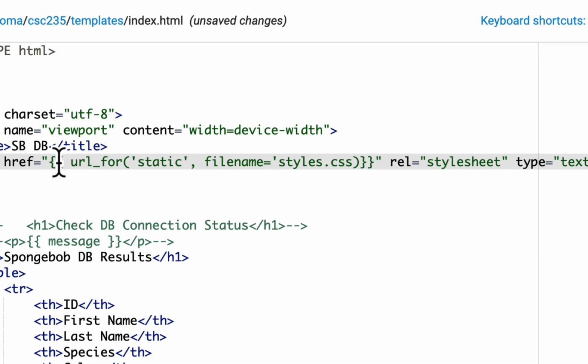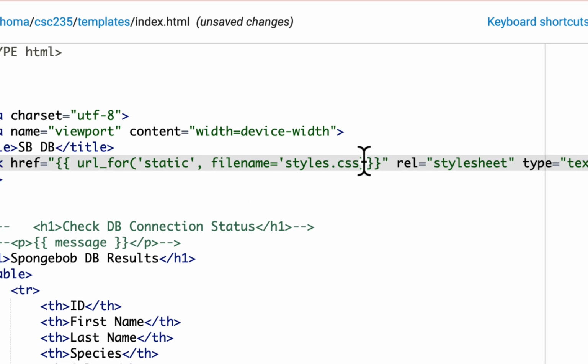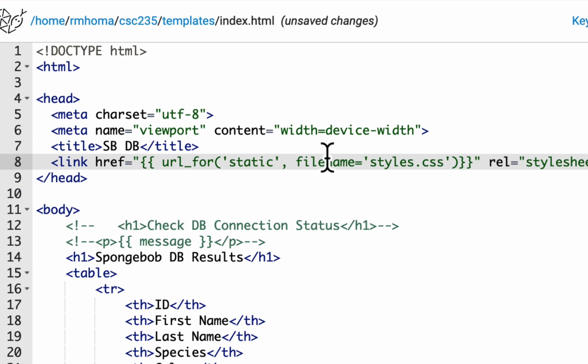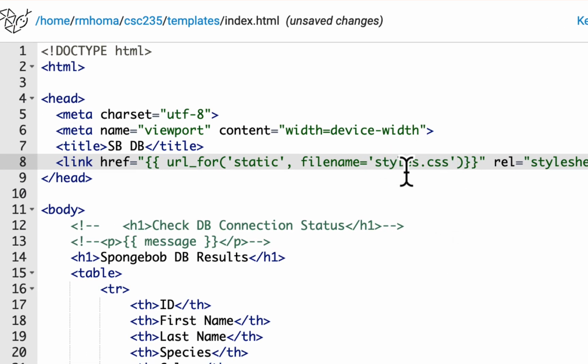And we have double curly braces on either side. And then we have this URL4 function. It has 2 arguments, static in quotes, and then filename equals styles.css in quotes, and I see that I'm missing a single quote here, so I'm glad I went through it again. So that's what we need here. Now we have to put styles in our static folder. So let's save this,